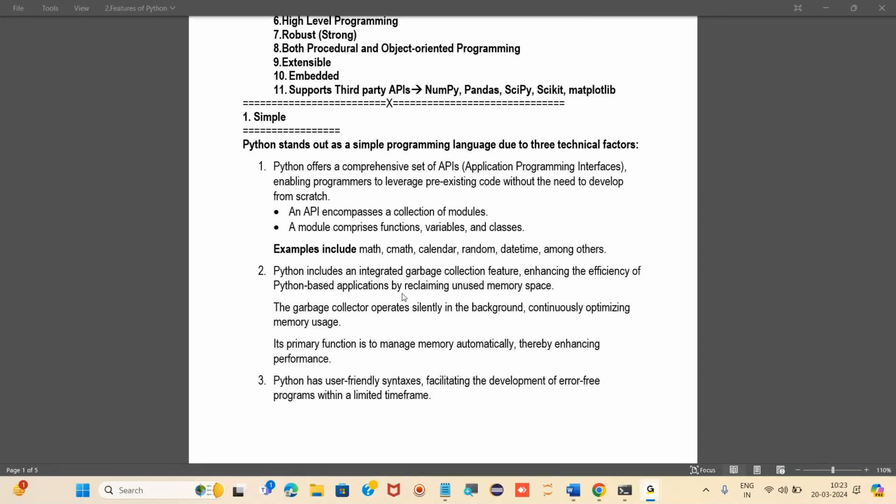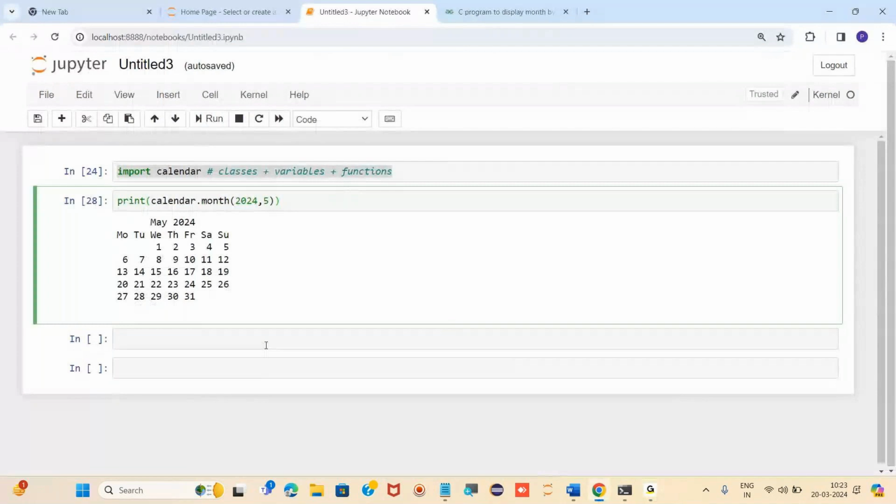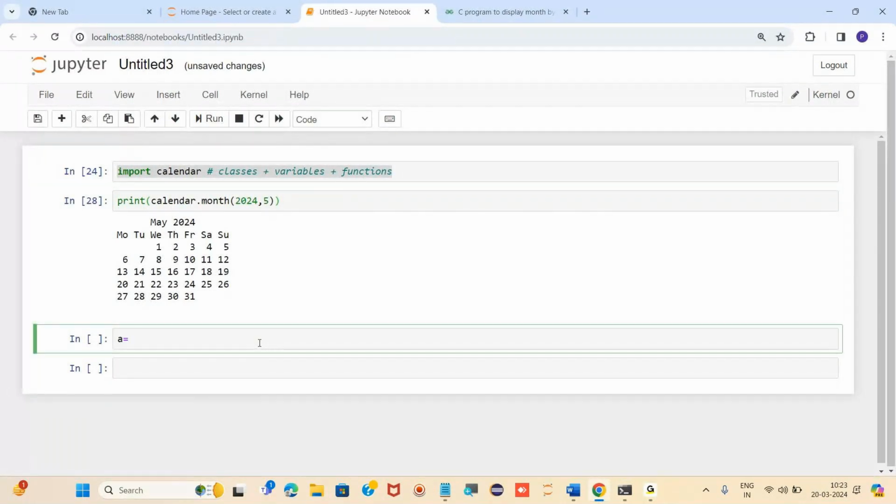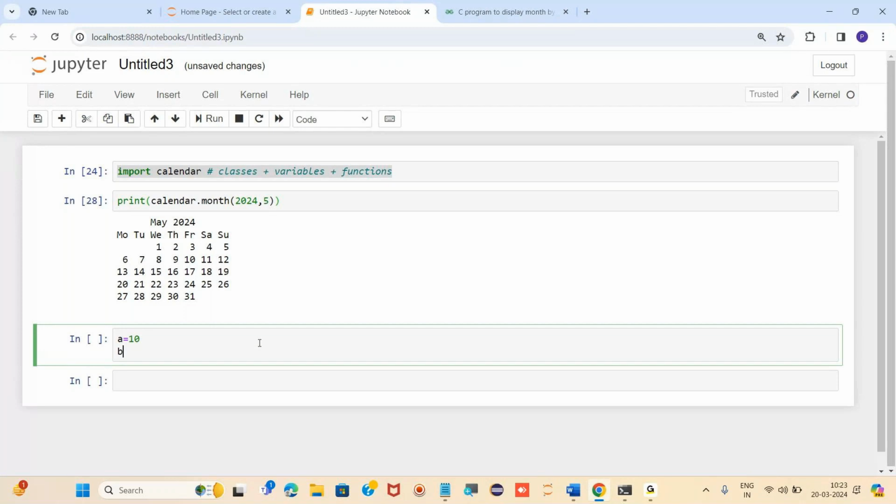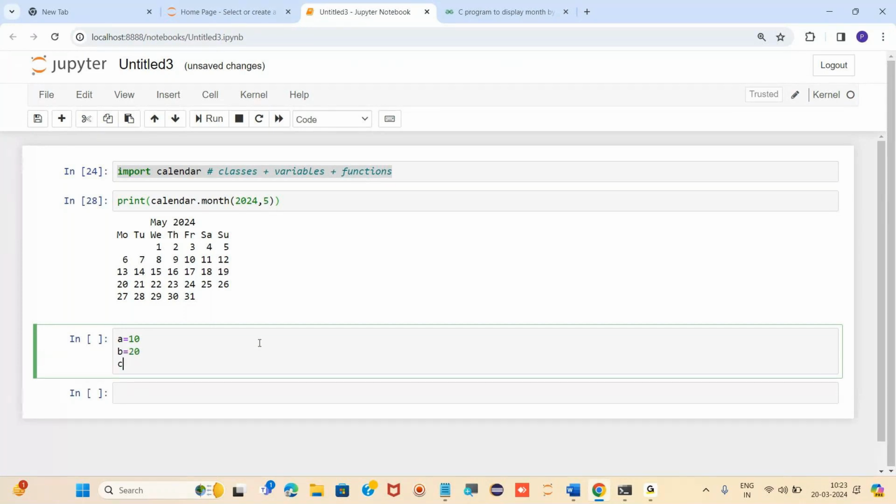I'll give one simple example. Here I am using a is equal to 10, b is equal to 20, and c is equal to 30.